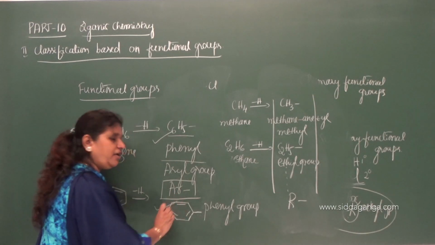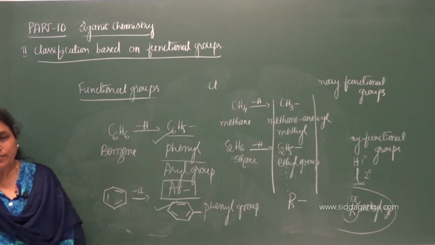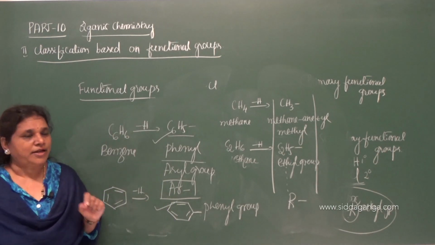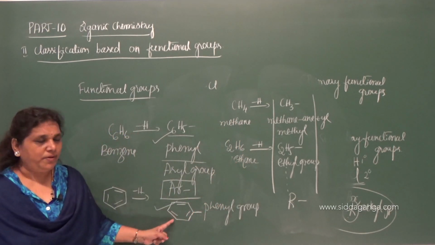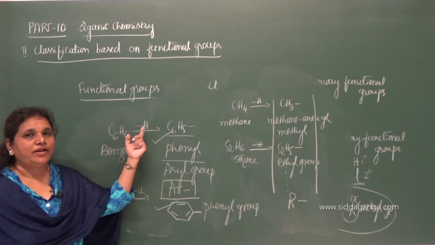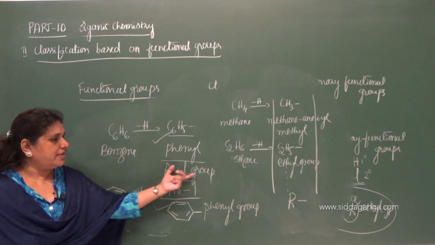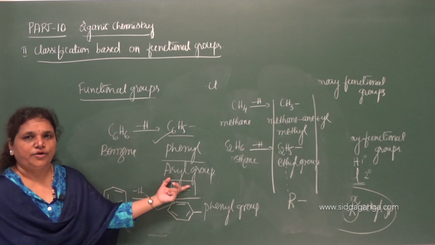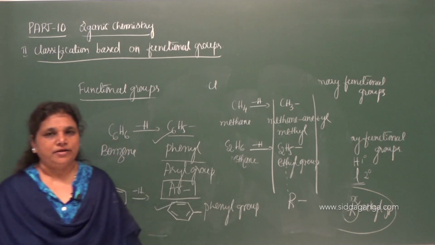So this is very important. Did you get the difference? Alkyl group and aryl group. What is an alkyl group? It is a substituent group which is obtained by the loss of one hydrogen atom from the respective alkanes. Clear? Then what do you mean by aryl group? Aryl group is a substituent group obtained by the removal of one hydrogen from the aromatic hydrocarbon called benzene. Example is a phenyl group. Phenyl group is nothing but an aryl group. So this is about the substituent groups, especially the alkyl group and the aryl group.